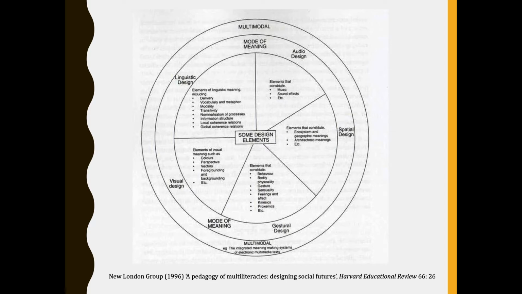And then the last one that we have down there at the bottom is gestural design. So, body language, the way that somebody tilts their head, maybe the way that they gesture with their hands whilst they talk. And again, what that means if we have a still image of somebody looking up, or somebody pointing at you. All of these mean different things.